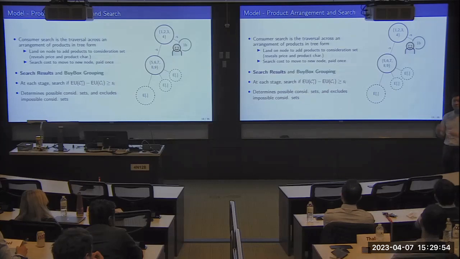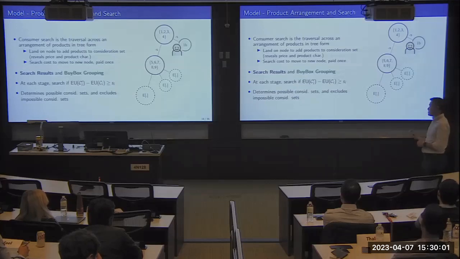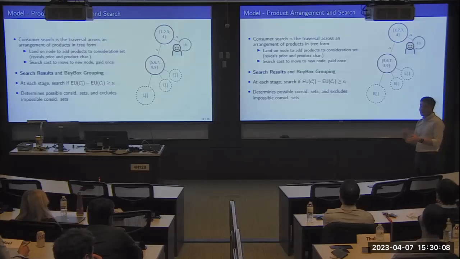Another important note here is that by structuring it in this particular way, the data, our observations of the product arrangement, actually tells us what consideration sets are possible and excludes all the impossible consideration sets. And so this is informative for the actual model, right? We know that if a consumer drew this particular tree, they can't only have products 5, 6, 7, 8, and 9 by themselves. They must have seen products 1, 2, 3, and